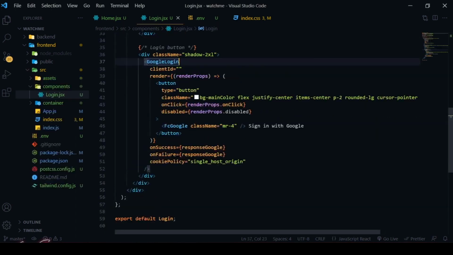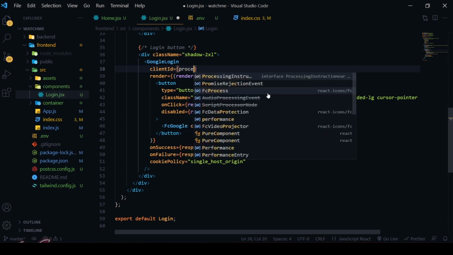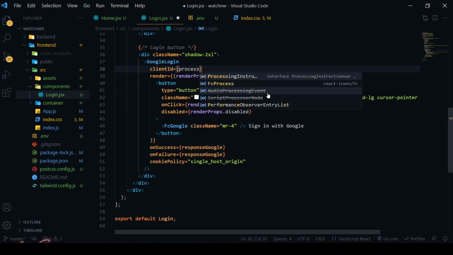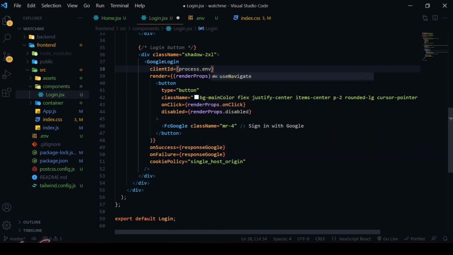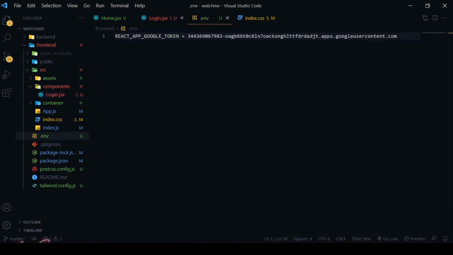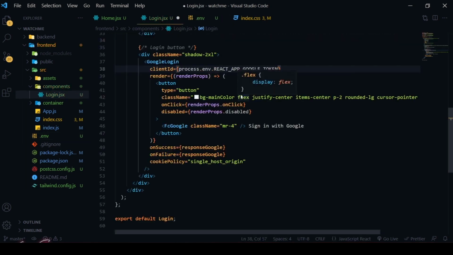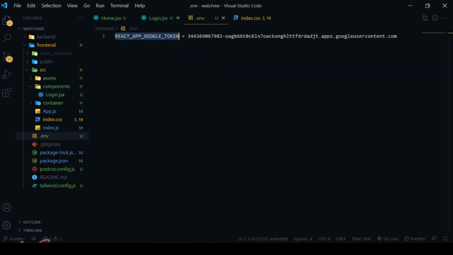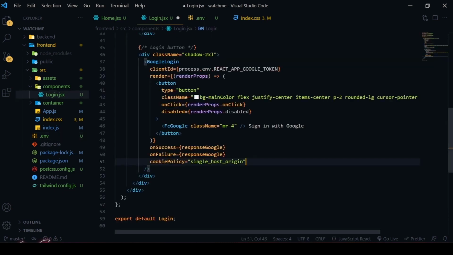So where do we need to use it? We need to use it inside this particular place, client ID. We need to alter the client ID now. So let me delete these double quotes, open the dynamic block content, and then type process.env. Make sure that's spelled correctly, process.env, and copy this and paste it over here. So now this will access our token which we created in the environment variables in a secured mode, and this